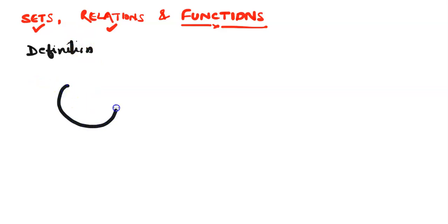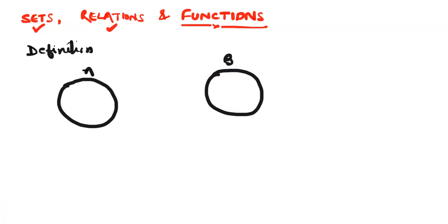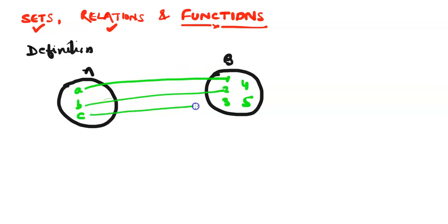If you have a set A and then you have a set B, and let's say set A has 3 elements and set B has 5 elements. And there's a relation R from A to B